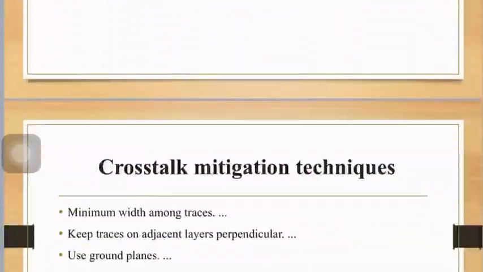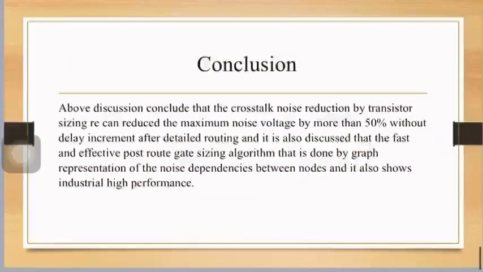So the conclusion of all this gate sizing and crosstalk reduction is that crosstalk noise reduction by transistor size can reduce the maximum noise voltage by more than 50% without delay in